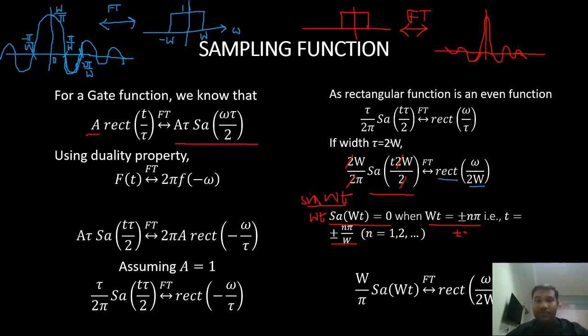Amplitude is 1. So this is how I can find the Fourier transform for a sampling function using the duality property, right? So this is how the duality property is applied to find the Fourier transform. We'll move on to the next